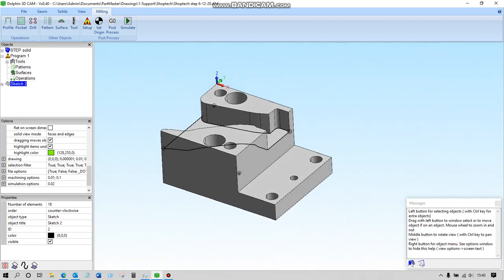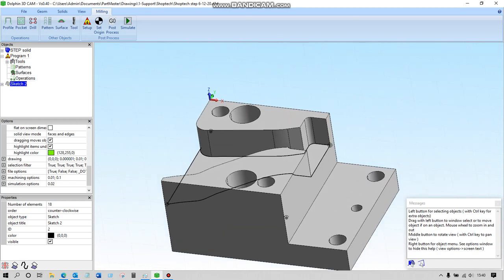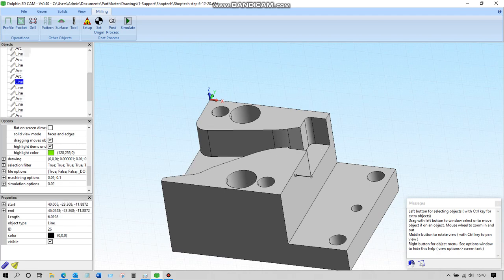But what we need to do now is extend a couple of these edges so that the tool goes past the edge for pocket machining. So to do that, in the objects tree here, we highlight the sketch and click the plus button, and then we can see the individual lines and arcs that go to make up that shape. So I think the ones we're interested in are these three here, just to start with. So if we start off with this one here,